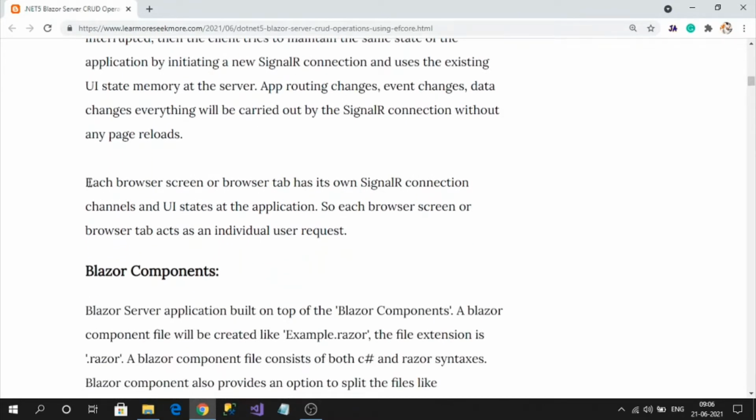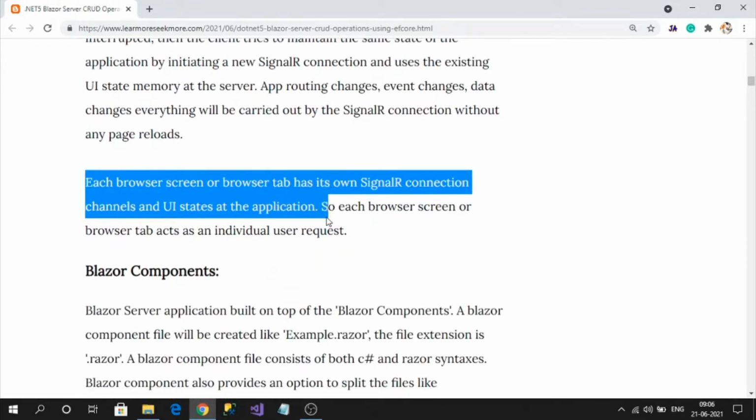Here is one more point: each browser screen or browser tab has its own SignalR connection channel and UI state at the application. So each browser tab acts like an individual request. One thing we need to remember is that one browser tab is one user request to the SignalR server.